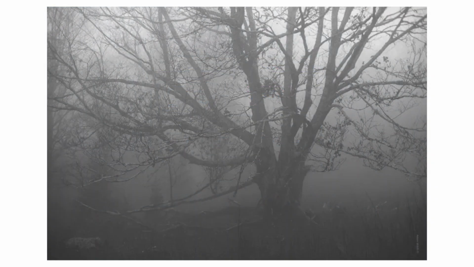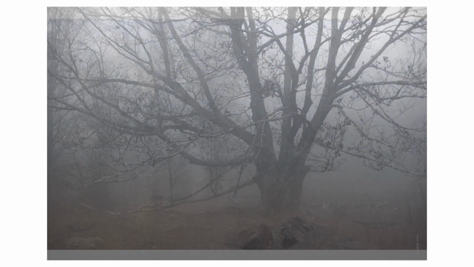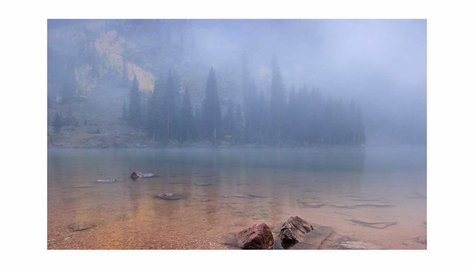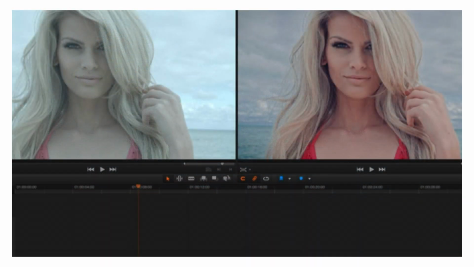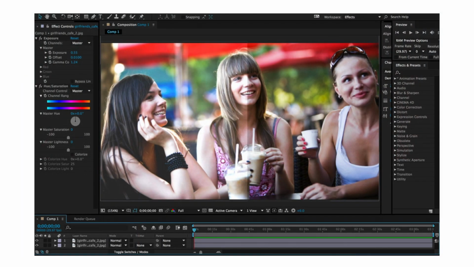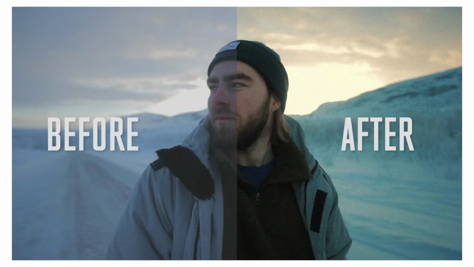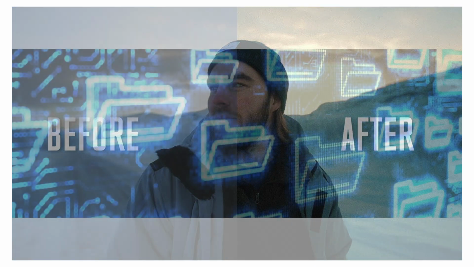Out of the camera, a flat image or footage looks milky. It lacks contrast and color and doesn't look very cinematic. This is where color grading comes in, because if you shot the image flat, you need to give it some contrast in order to make it pop. But this begs the question, why bother shooting flat if you're just going to put contrast back into the image later on? Well,